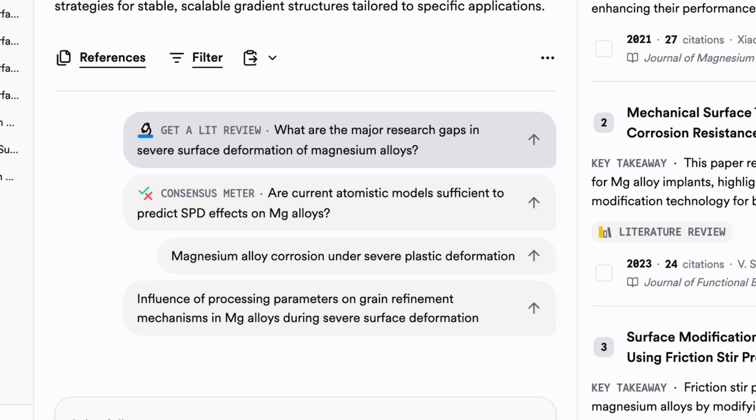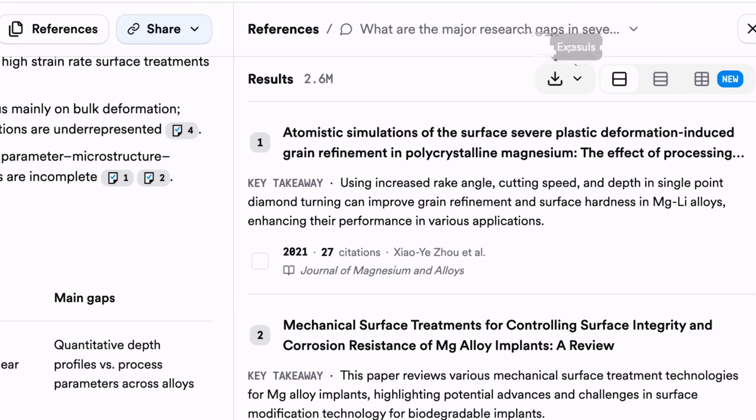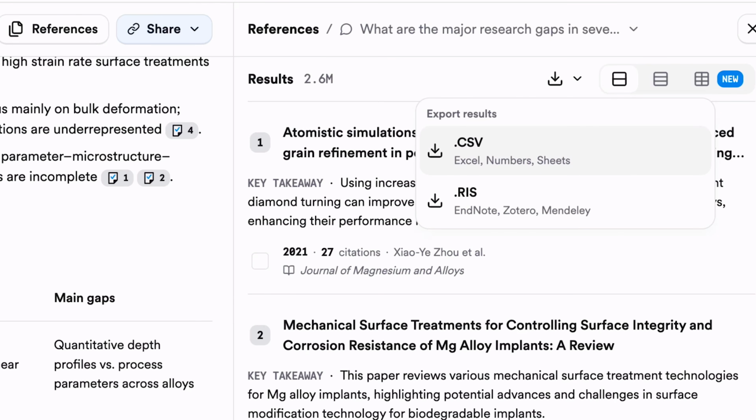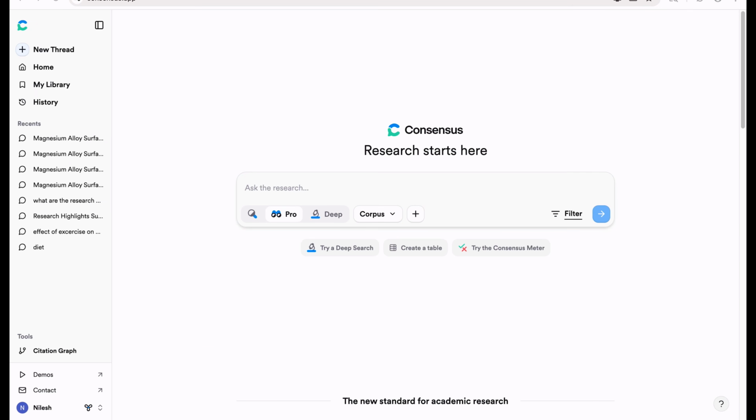Let us say if I want to move ahead with this question to further analyze the research papers, I can simply click that. So it depends, if you like these suggestions, then only you can move ahead with. So either you can copy and paste this information into your Word document, or you also have an option to export these results into CSV format. So similar to this, you can use several other prompts to fetch the information, like what limitations or unresolved challenges are highlighted in studies, or where is current research lacking in terms of long-term performances or real-world applications, and many